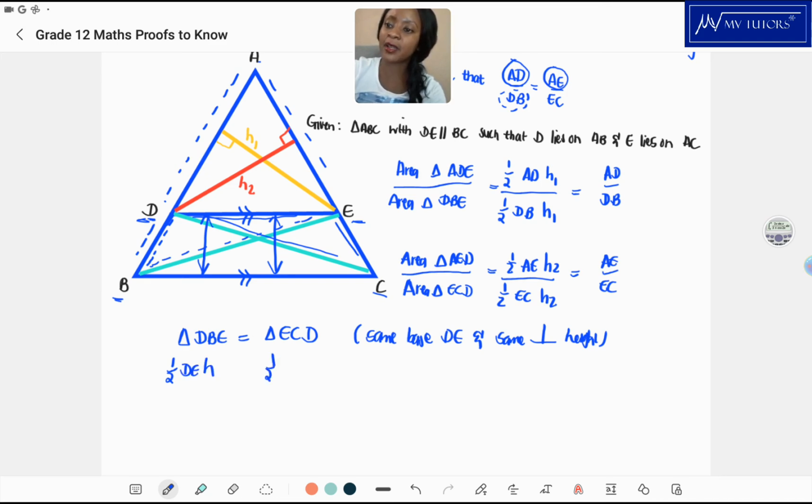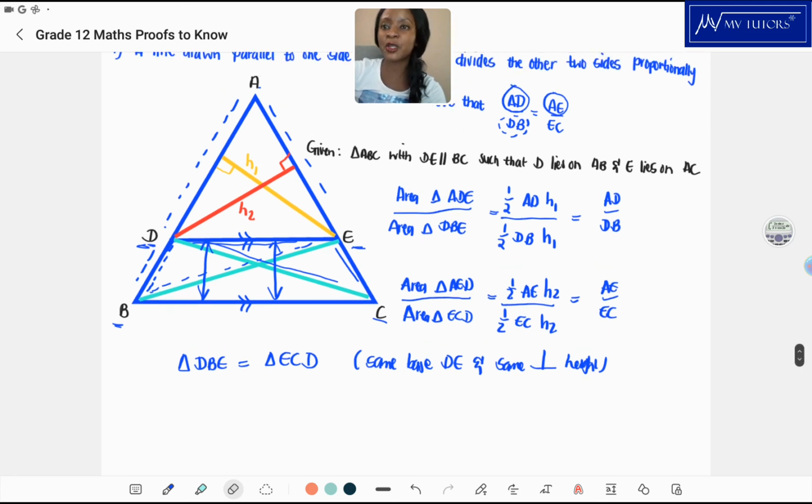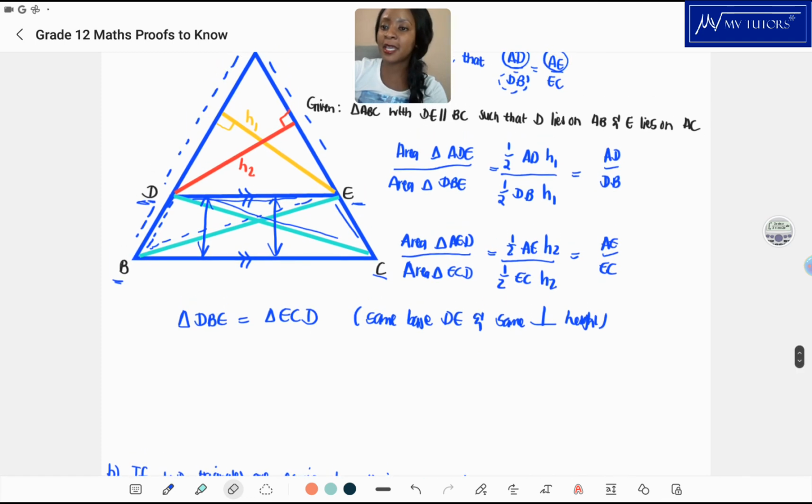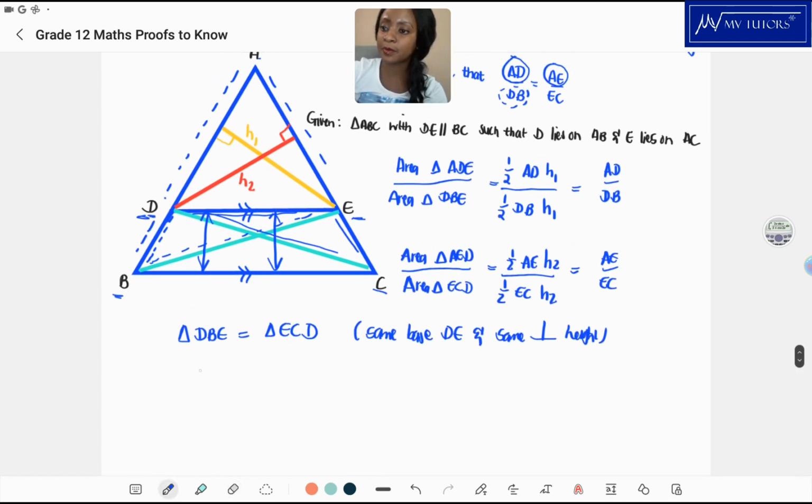Same thing here, I would get half times my base, which is DE, times my height, so hence they are equal. Alrighty, now I need to show, like we said, prove that AD over DB is equal to AE over EC. Well, if I then say the area of triangle ADE over the area of my triangle DBE,